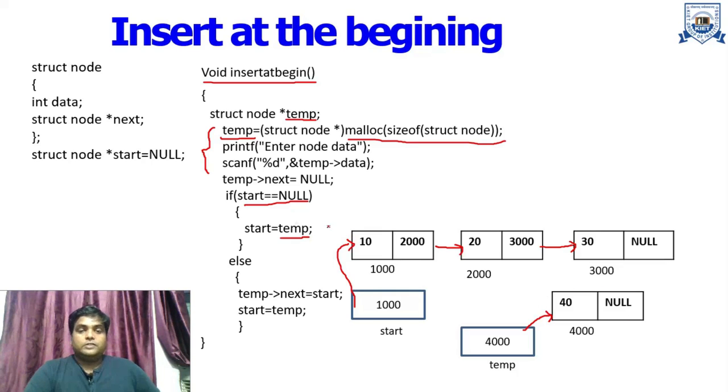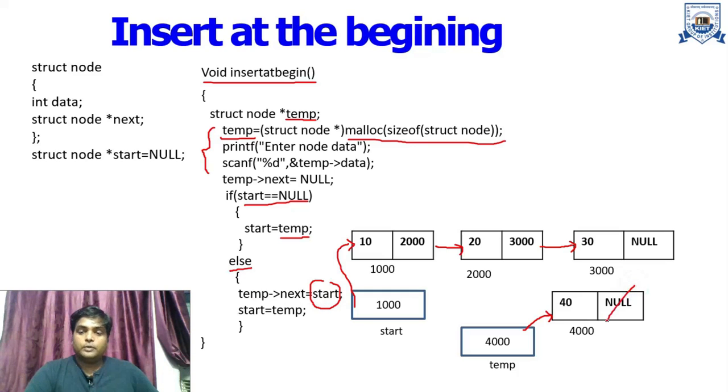So first of all, again we check start equal to null. No, right now start is not equal to null because start will contain 1000. So this loop will be terminated, this condition is false. Now we will move towards this else block. Now what we do, first of all, the value of start is moved towards temp to next. Temp is basically pointing to this node, temp to next is what? That is null. So the value of start is moved towards this temp to next.